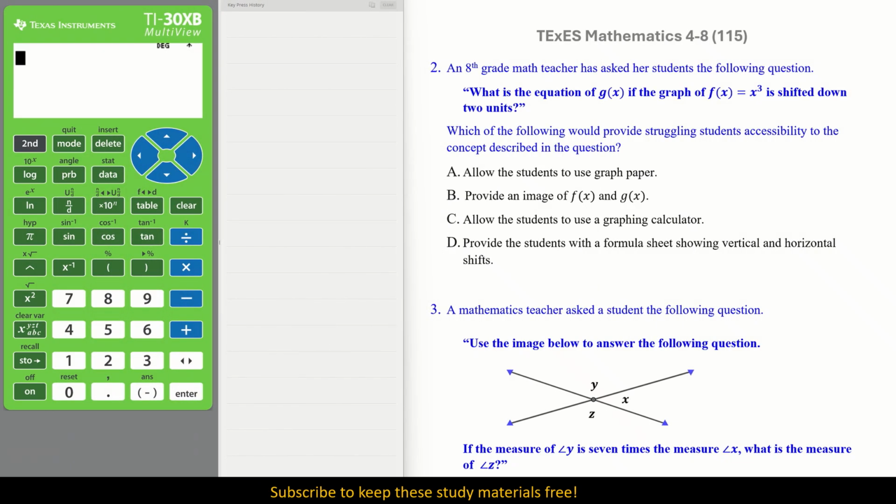Number two, an eighth grade math teacher has asked her students the following question: what is the equation of g of x if the graph of f of x equals x to the third is shifted down 2 units? Okay, there's a lot to unpack there, but let's look at the question. Which of the following would provide struggling students accessibility to the concept described in the question? Okay,